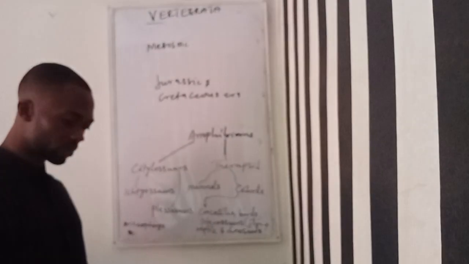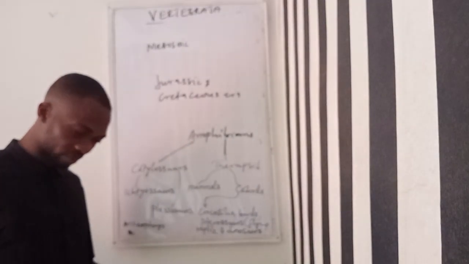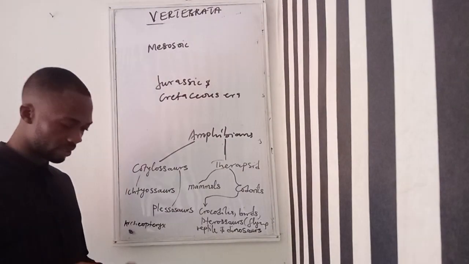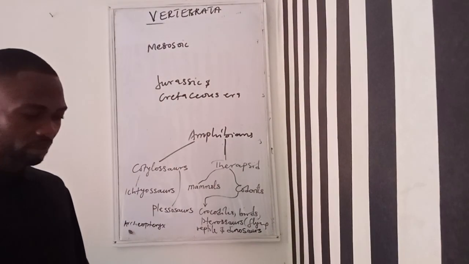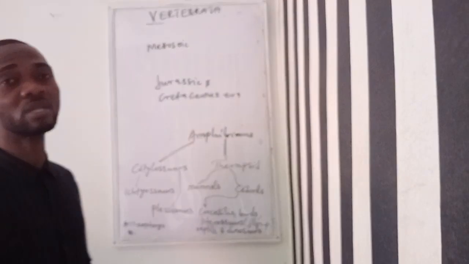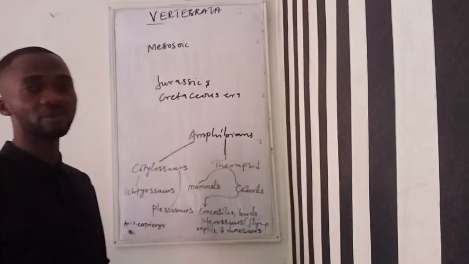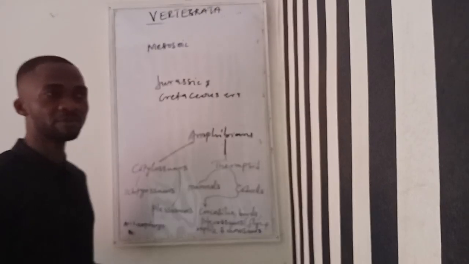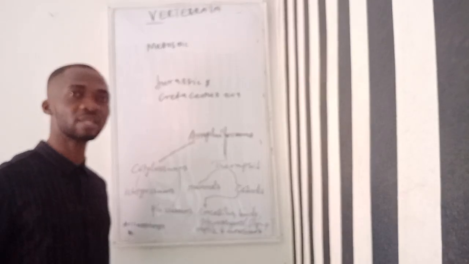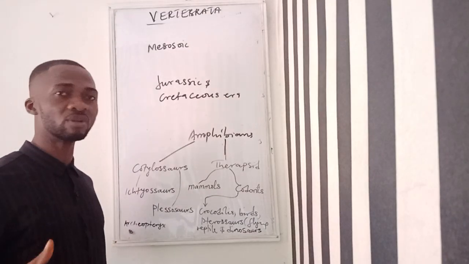But before we get into what led to the extinction of dinosaurs, it is important to look at the reason why reptiles are more successful than amphibians, and one of them is the use of external fertilization by amphibians. Fishes and amphibians use external fertilization as a method of fertilization.